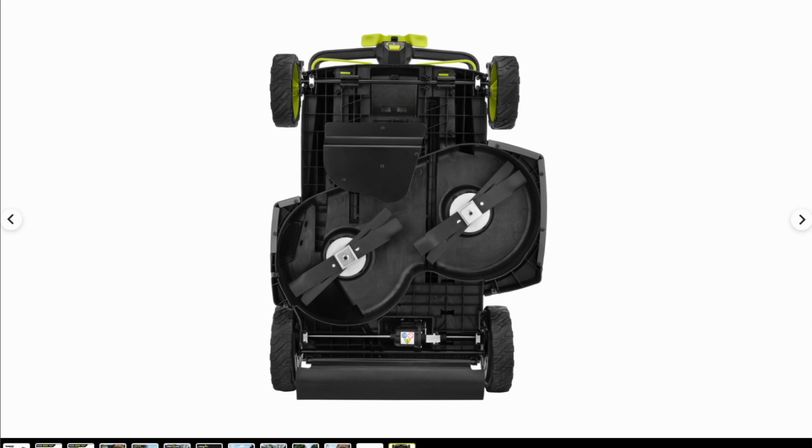Cross-cut blades, so that each set of blades has two blades in kind of an overlapping pattern. So there's 4 blades in total, and the 2 blade housings are offset, so they kind of go at a diagonal angle here, which I think is kind of an interesting design choice. Definitely going to play into cut quality here. I'm curious to see the